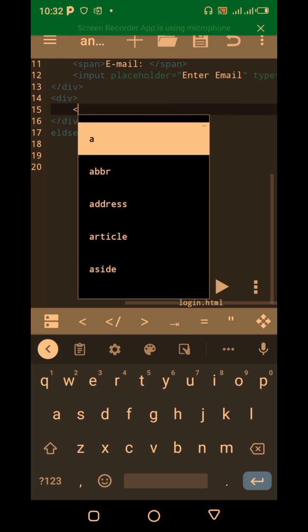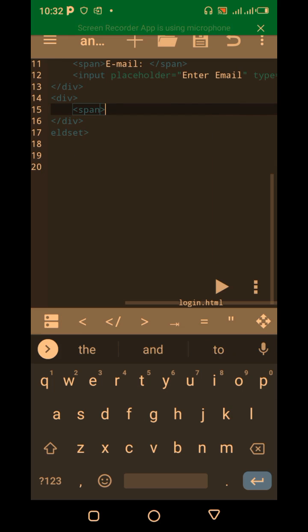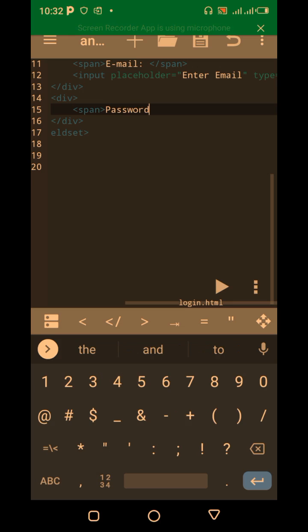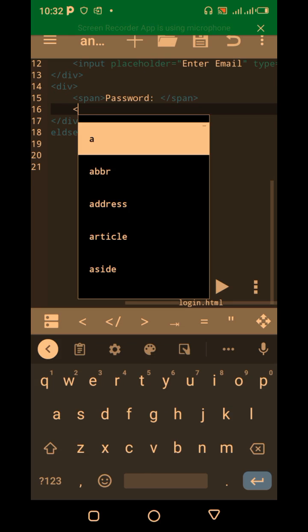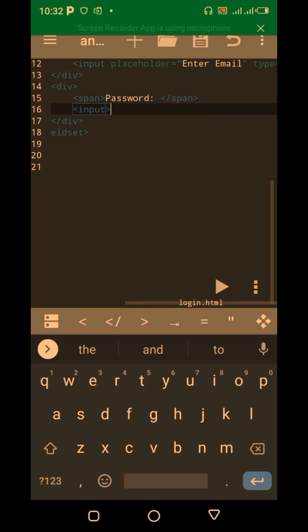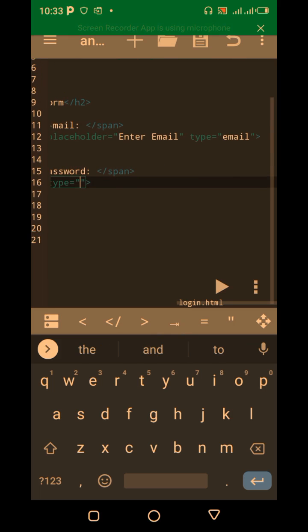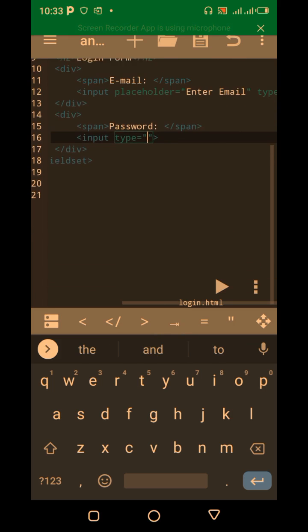So I would like to say span, and then type in password, and then close my tag, and then come down, create input, my input. I'll type in type. Now the type, the first was email. I would like to say password,